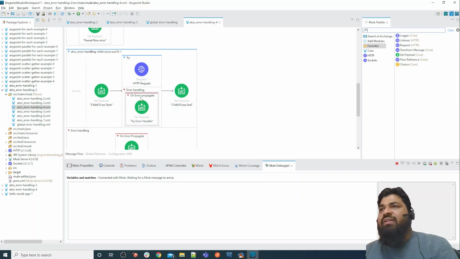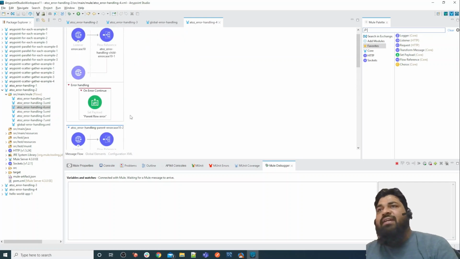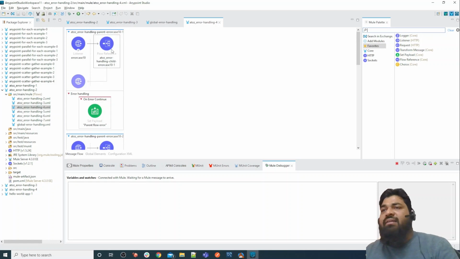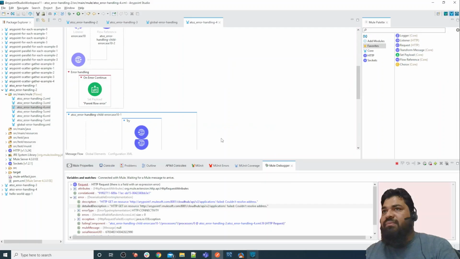Once it is thrown, it will go here and throw the error again, which will be caught by this one, and it will throw the error again to the parent. Finally the parent has on error continue, so we are going to receive a 200 status code with the parent flow error. Let me send a request to 10-1 and show you what will happen.